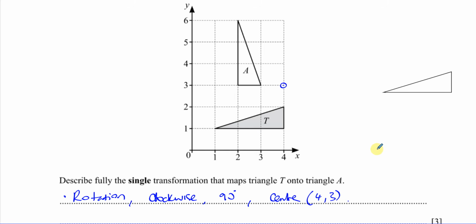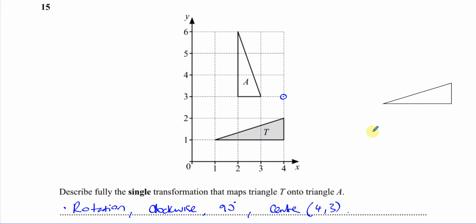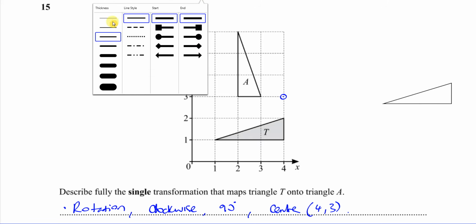Now there's also another way that you can work out the center of rotation, and that's by finding the perpendicular bisector or bisectors of the lines that join two separate points. So for example, I can see this is the right angle on this triangle, and this is the right angle on that triangle. If I join them together,